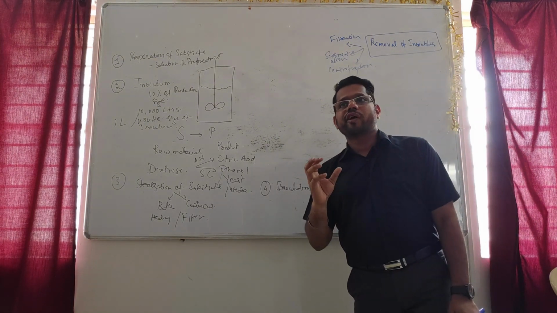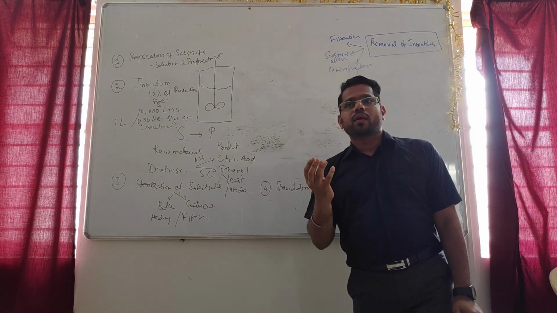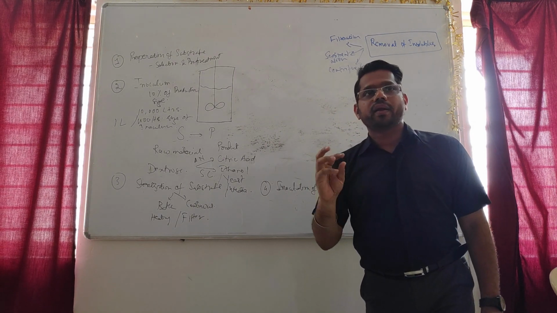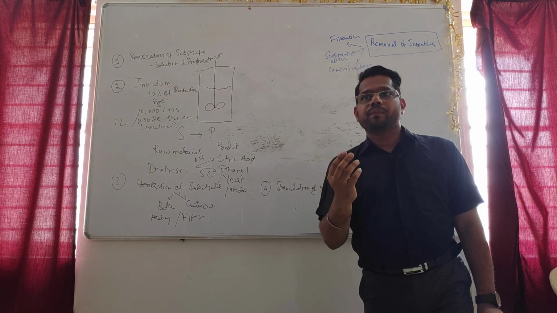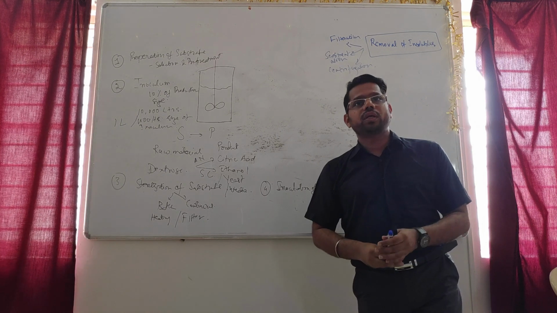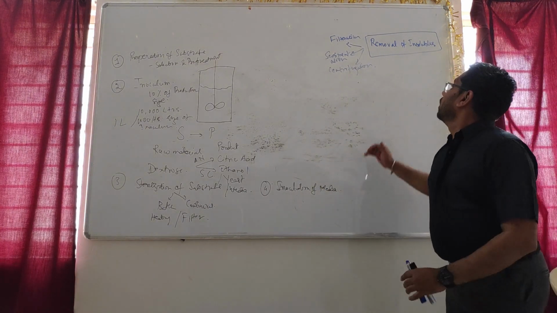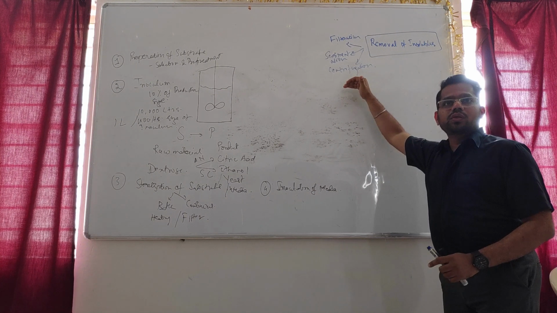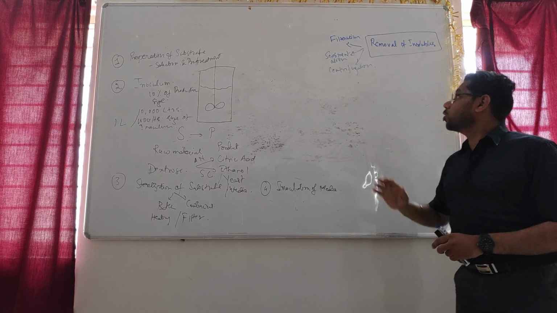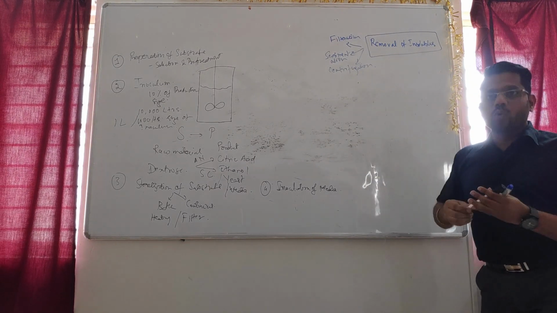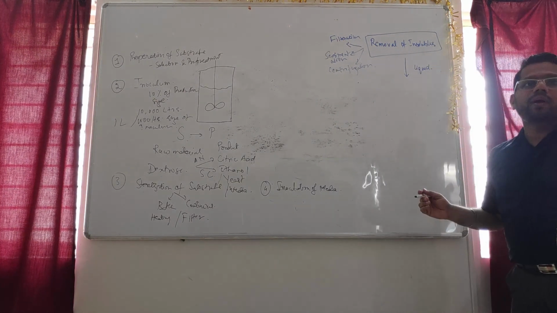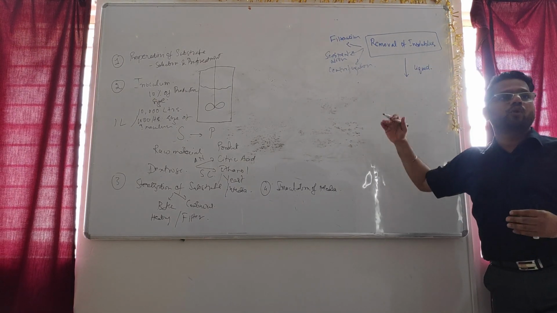Erythrocytes forms 55% of the whole blood, while plasma forms 45% of the whole blood, and rest of the part is formed by leukocytes and platelets. It will be less than 1% around. So centrifugation is used for separating solid components based on the density. So once you separate solid components, what do you do? You take out the liquid part, isn't it? You get only liquid part. So liquid part will be taken for the further processing.